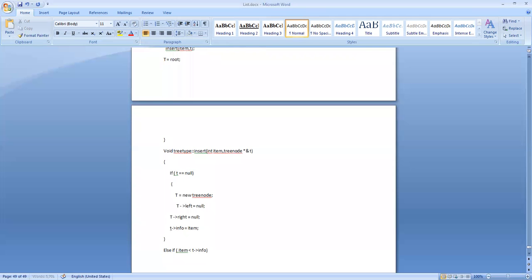So now we call that function insert: insert item comma t reference left, because it is going to be the left child.